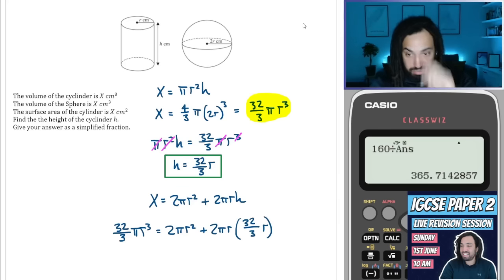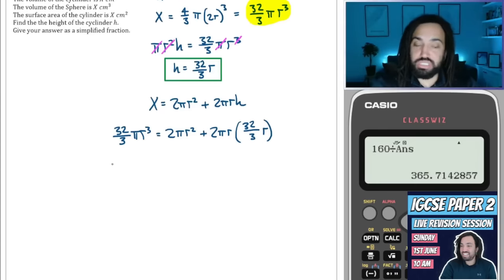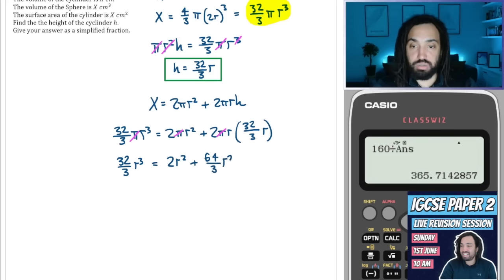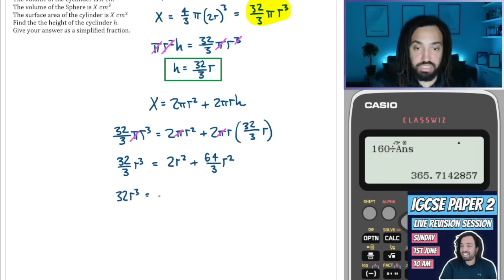Okay, great. What a question. So we can divide everything through by pi. I'd be really interested if anyone solves this in maybe a more efficient way, but I think this is good. 2r squared plus, this is going to be 64 because 2 times 32 over 3, and then r squared. Okay, great. Let's times through by 3 just to get rid of that horrible fraction. We don't need that. So we get this,